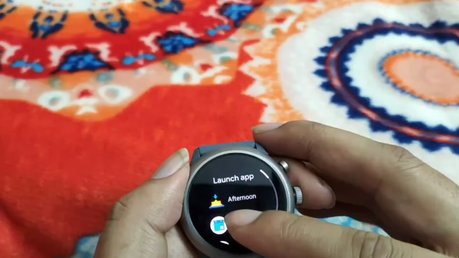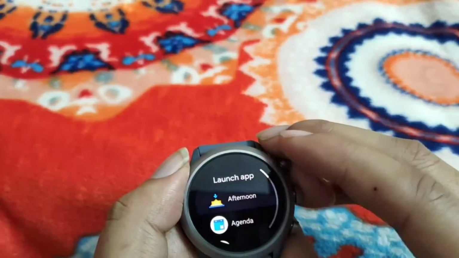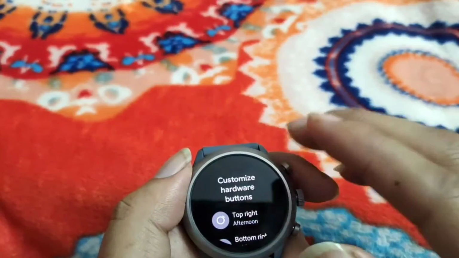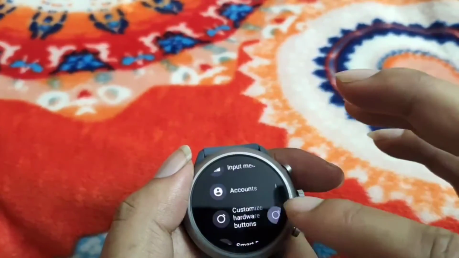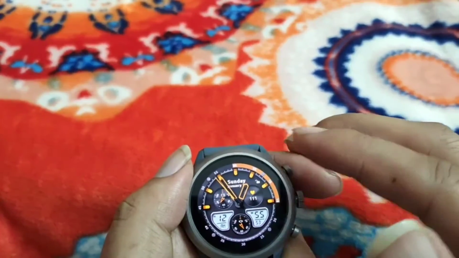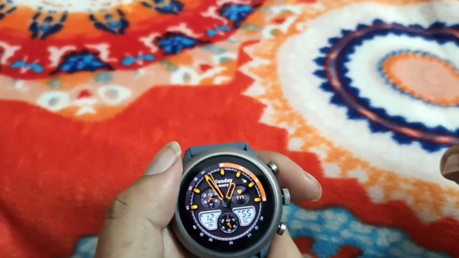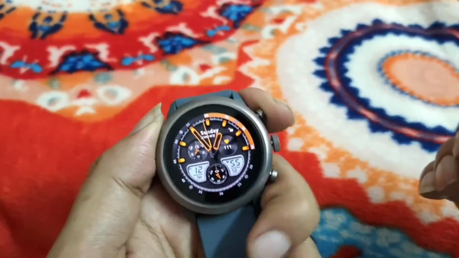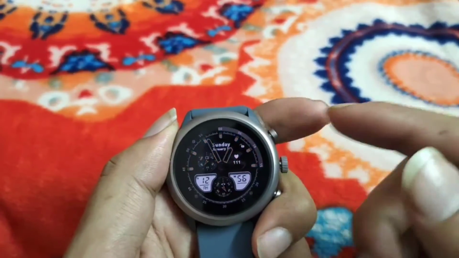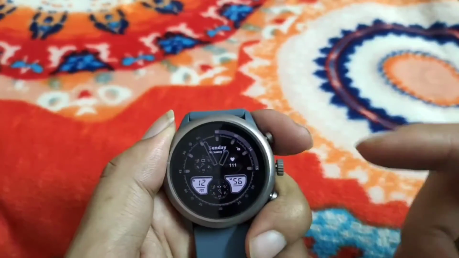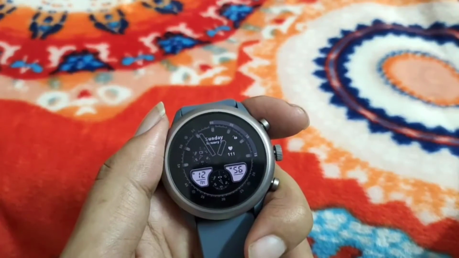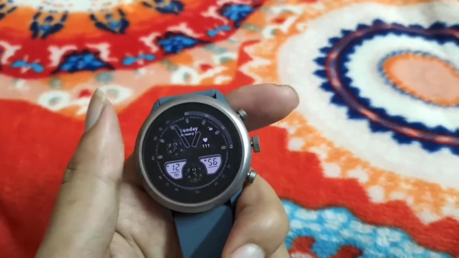So let me just stick with the afternoon only, and now when I do that, it gets mapped to this. So now AutoWear assigns this hardware button with the afternoon parameter, and now when I click on it, I can intercept that particular event which will be triggered by this button in Tasker. So let's just go back to Tasker and see what we have there.